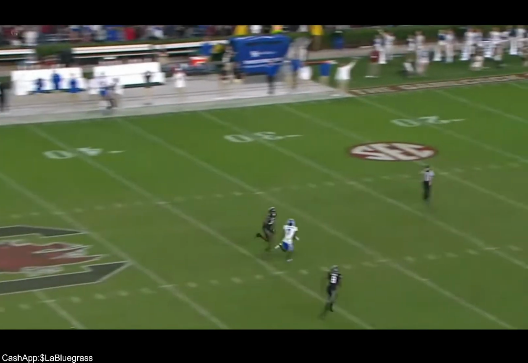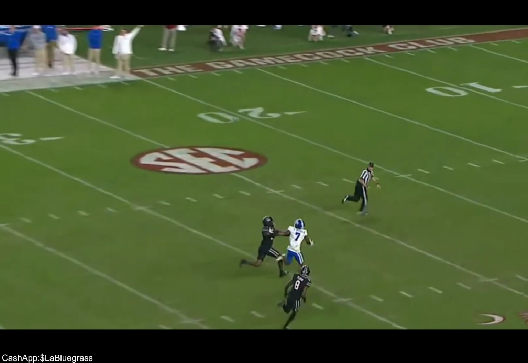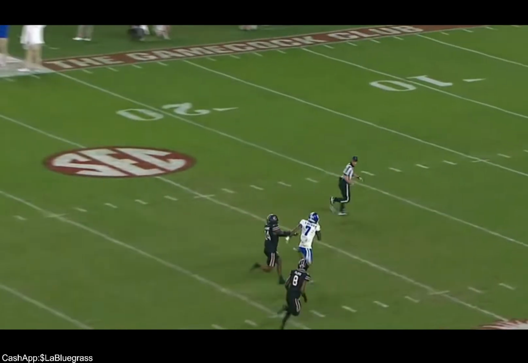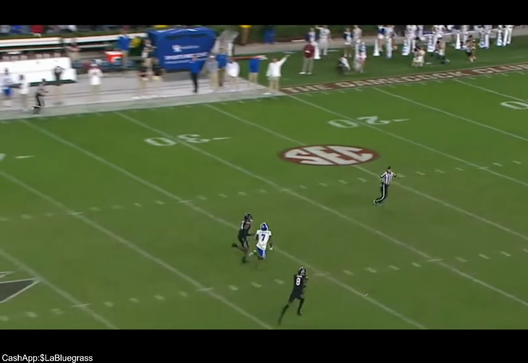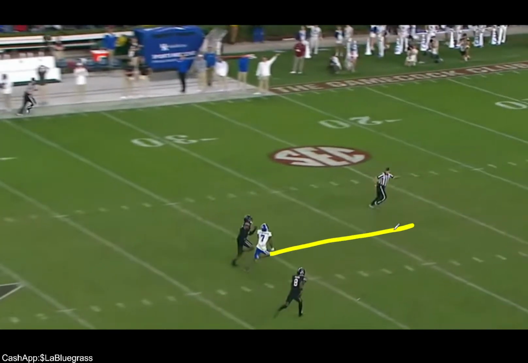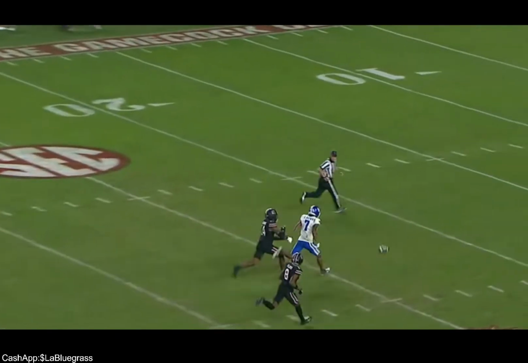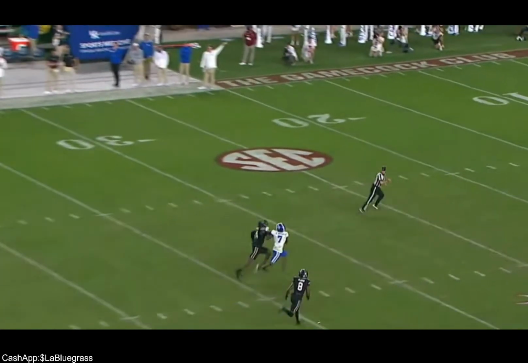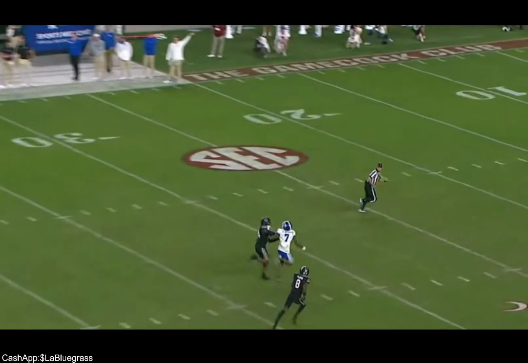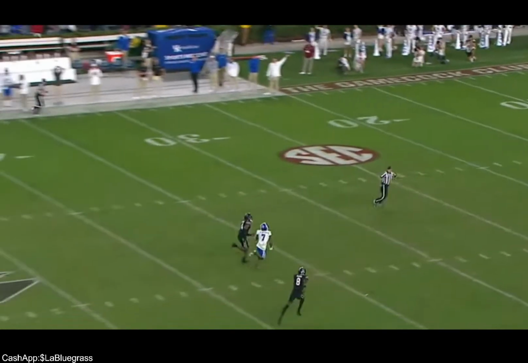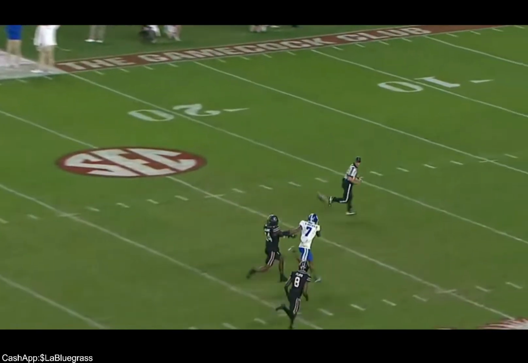See that? Why do you worry about him? If he would have kept straight, watch where the ball lands. You didn't need that part.